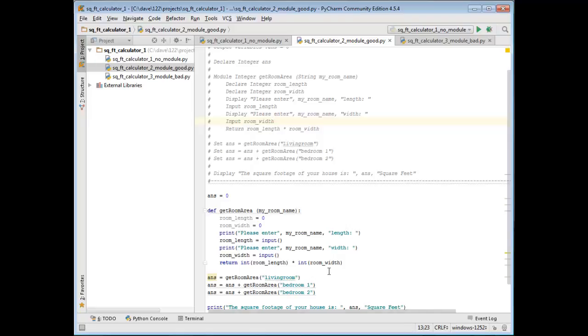And that one module was get room area. And so we called that one module 3 times. The first time we called it was the second instruction to be executed in the program, the first being right here. This is the module get room area, so we know that the next instruction to be executed will be this